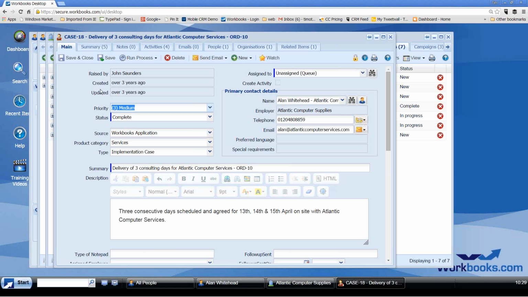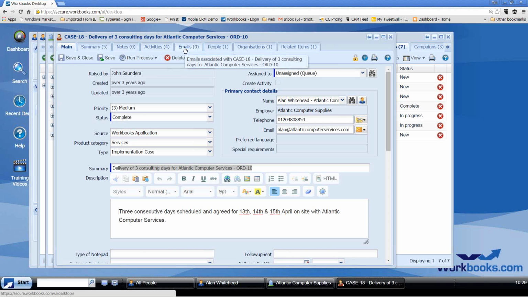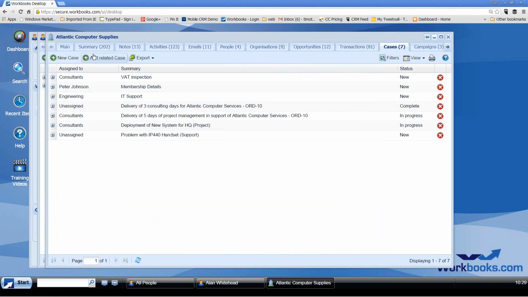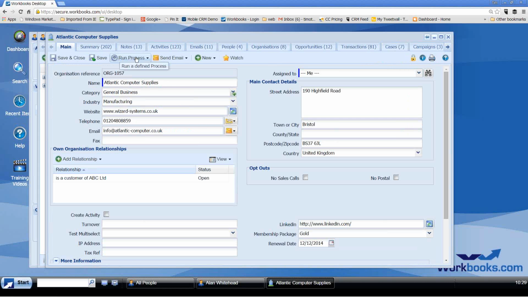Again, this can be totally revamped and stuff moved around and new fields added to it. But we've got the key information here about an issue, a problem or complaint, with the status of the issue, the type of issue, where did it come from, a description of the issue. Every issue is numbered. We've got a description there. And again, with those tabs across the top there, you can track additional information, activities and emails, contacts and documents against that case. So from that company screen, you've got access to all the information specific to this company or